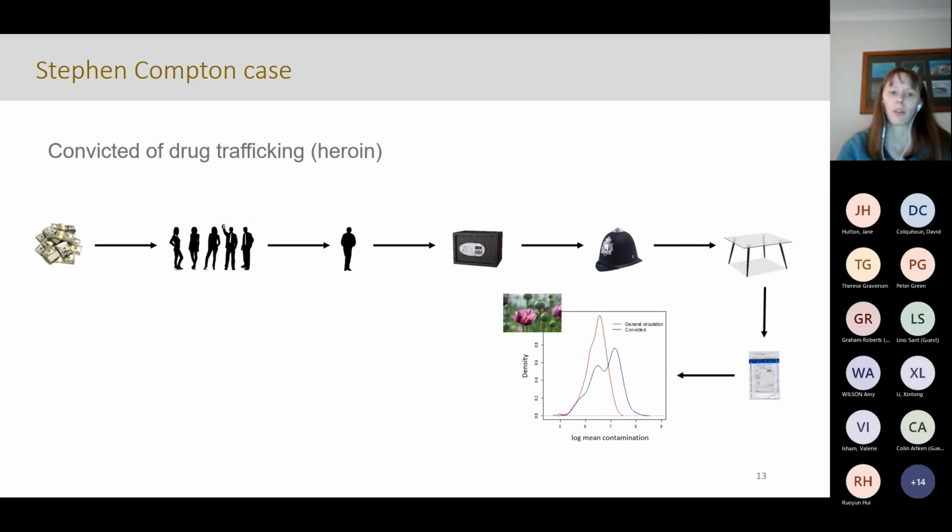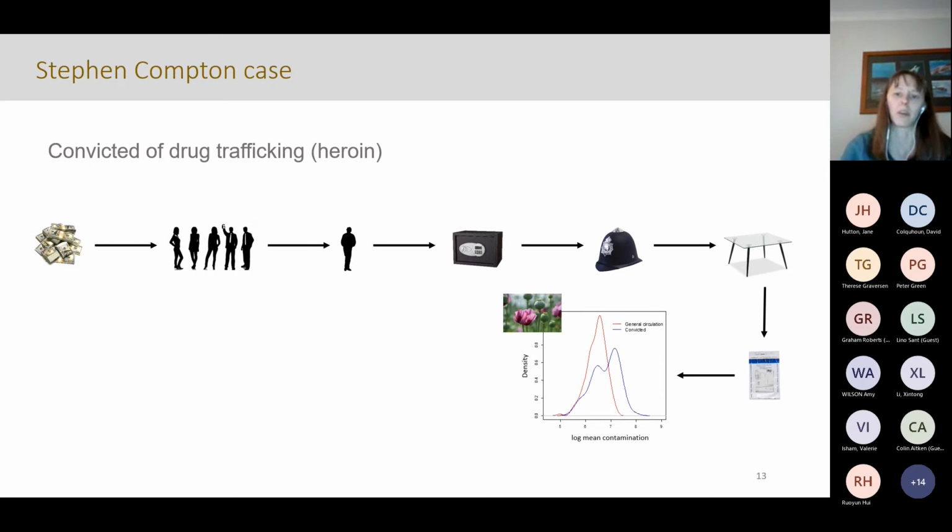And we thought this was a good way of trying to build a Bayesian network for a complicated drugs on banknotes case. So Stephen Compton was convicted of drug trafficking, and the story of what happened was this. The police raided Stephen Compton's house, and they found in 2 safes in his house lots of used banknotes, over £100,000 in used banknotes. And of these banknotes, the police counted them on a table in Stephen Compton's house, and